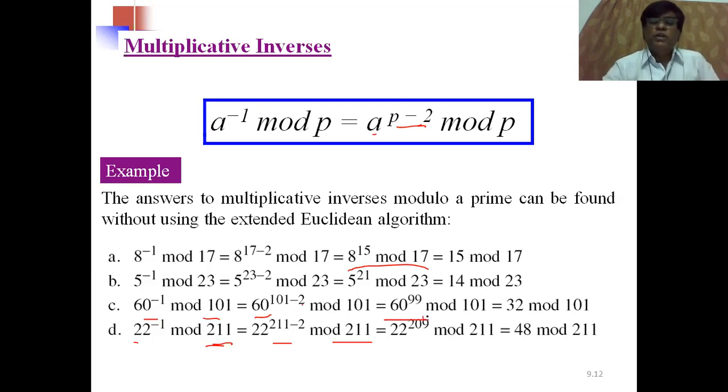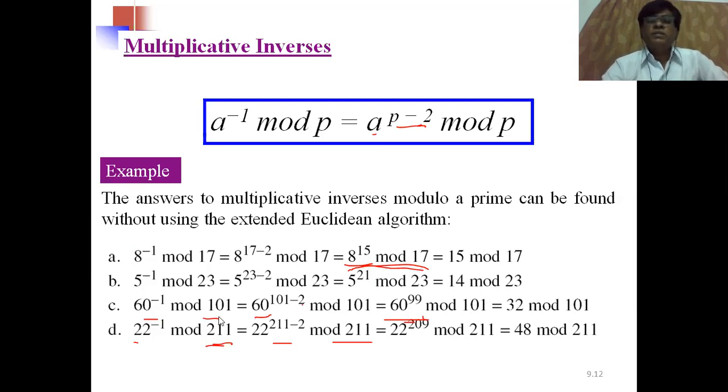So if you wanted to solve this formula, you have to calculate first 60 power 99, then modulo divide this with 101. But this is a very difficult task. So to calculate this type of very big power values, exponent values, we have one method, that is like this. So we can use one method. Okay, what is that method?